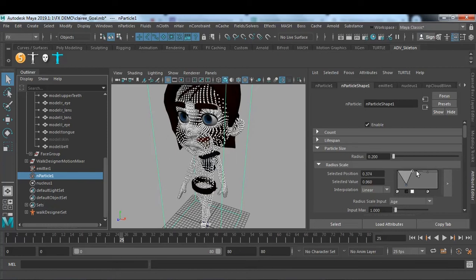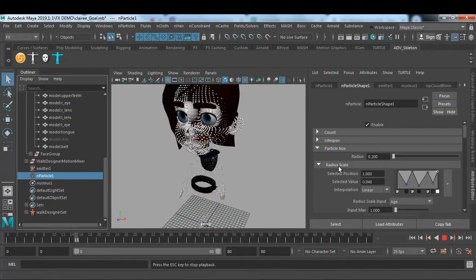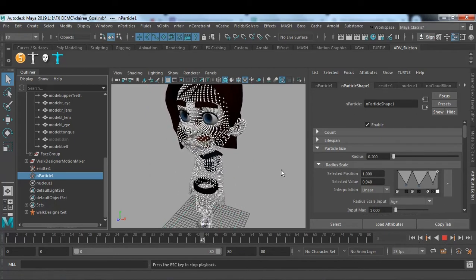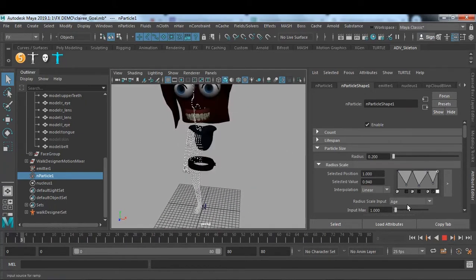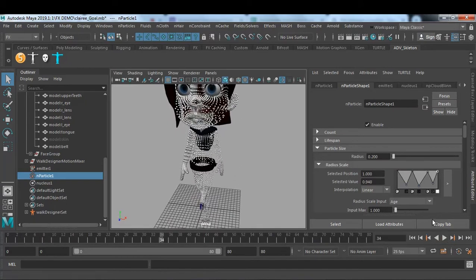So to give some different kind of effect, like, you know, the particle. Now if you just play and check, no. So, you know, if you want something like this, some animation, you can just add that according to particle ID, or you can change the input, or you can change it according to its speed also.